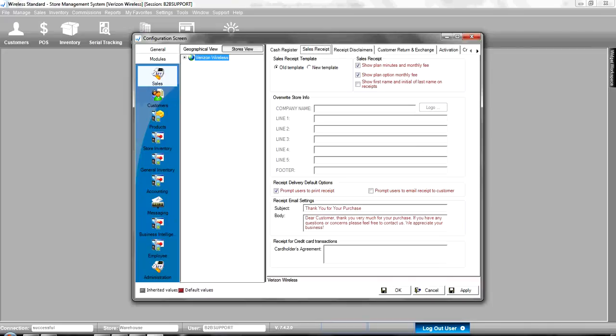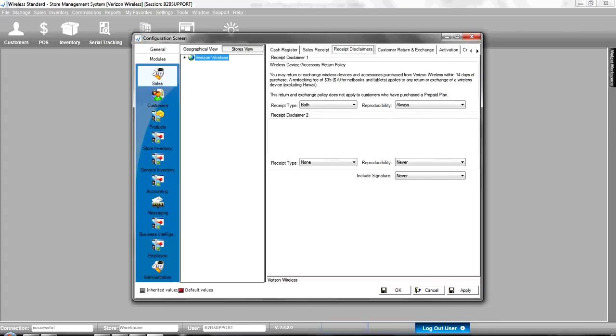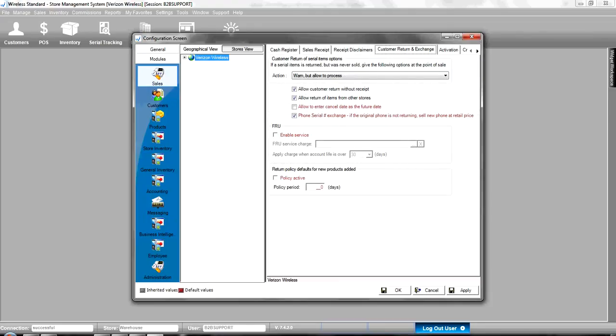As we move on, we can go to the receipt disclaimers tab. On this tab, we can copy or write our return policy. We can set up on which occasion it prints, on small receipts, a POS printer, or full receipts with the big printers, or both. We can specify when it appears, on activation receipts only or always. We can provide a second receipt disclaimer, a second return policy that can only be printed with activation receipts, for example. As we move on, there is the customer return and exchange tab,